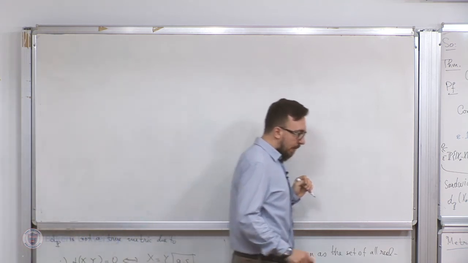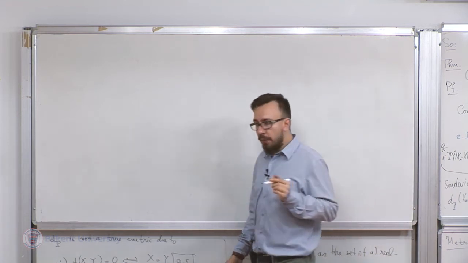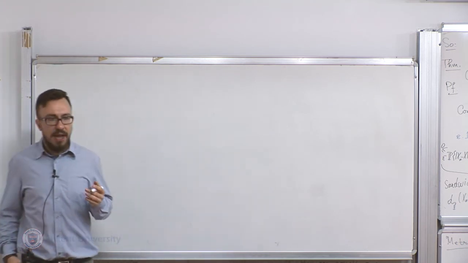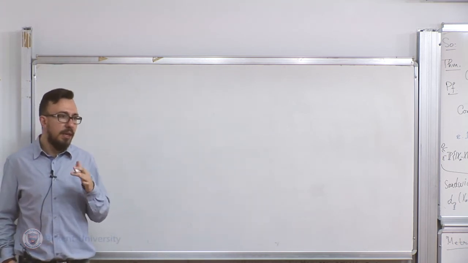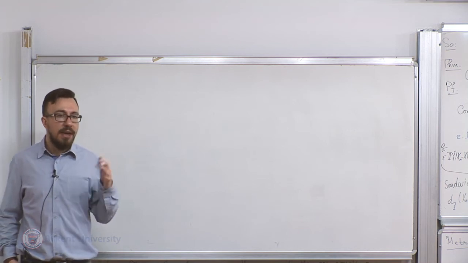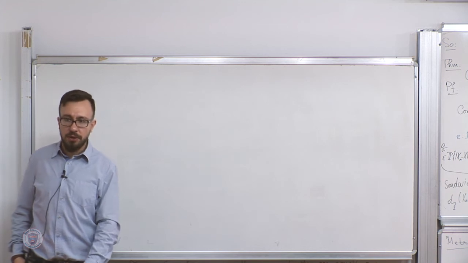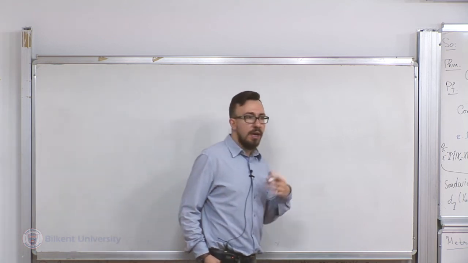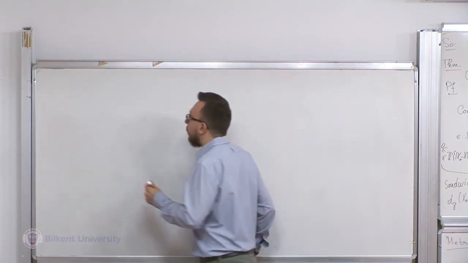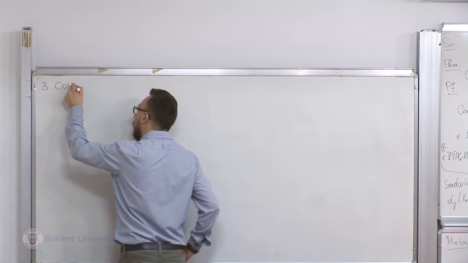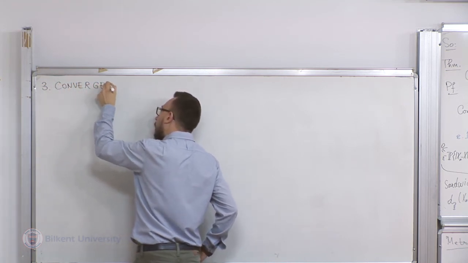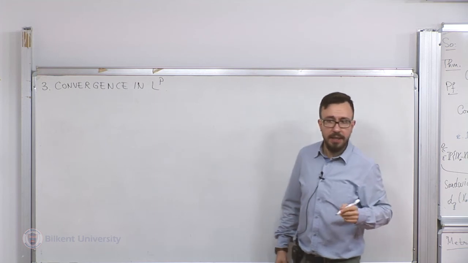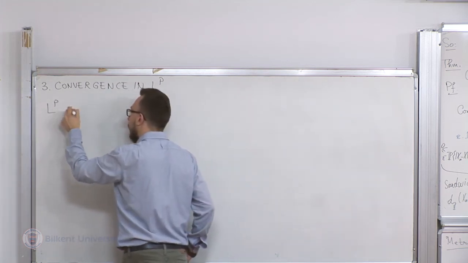So now we're going to pass to another notion of convergence, which is convergence in LP. Sometimes you have things like the expectations converge, but the sequence itself doesn't converge. The variances converge, but the sequence doesn't converge. So to talk about convergence of expectations and variances, we introduce this notion of convergence in LP. First of all, I have to tell you what LP is. So let's first talk about LP spaces.